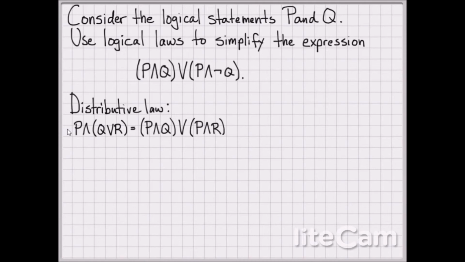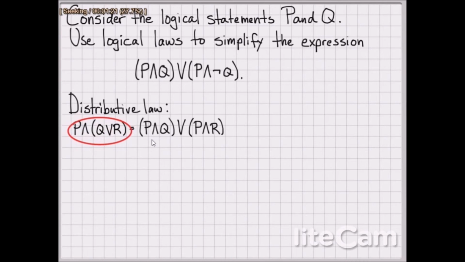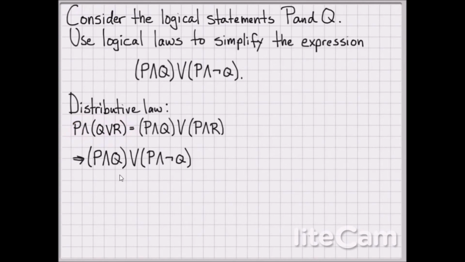Distributive law says that P and (Q or R) can be written as P and Q or P and R, and this rule can be used vice versa. So we are going to go a little bit backwards with this. So here we go. This is our original logical expression. Apply the distributive law